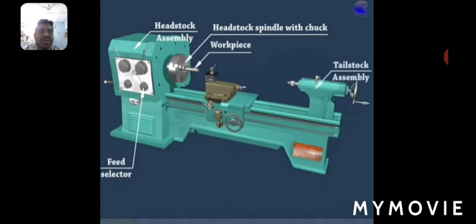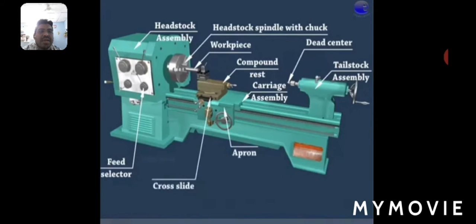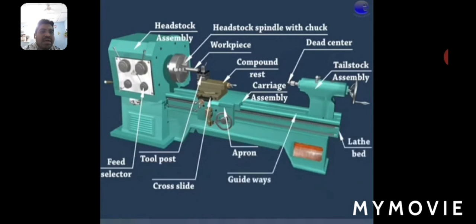Now you are seeing the chuck rotating, tailstock assembly, dead center, carriage, compound rest, apron, cross slide, tool post, lathe bed, guideways, lead screw, feed rod.